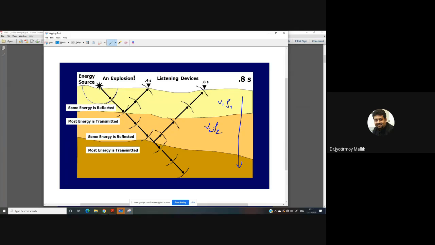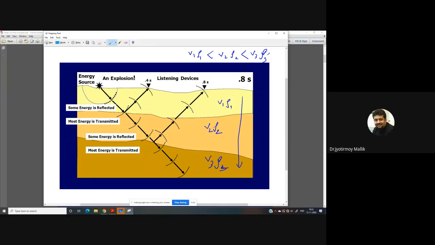impedance is increasing with depth. That's one of the most common things that happens in nature. Although there are exceptions, generally what we observe is that V1 rho 1 is less than V2 rho 2, which is less than V3 rho 3. That means the acoustic impedance generally increases with depth. That is not always the case, there are exceptions, but this is more or less what happens in